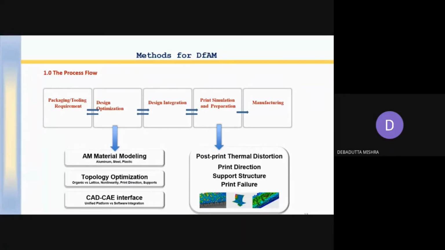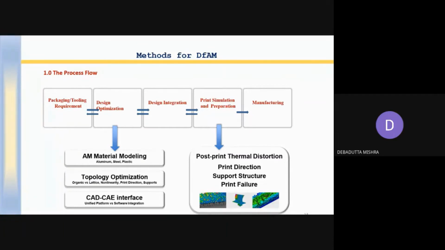Now, see the process flow. First, you find out the packaging and tooling requirements and optimize the design that is coming from CAD. Then integrate the design with the CAE, and do print simulation and preparation. Then you manufacture.